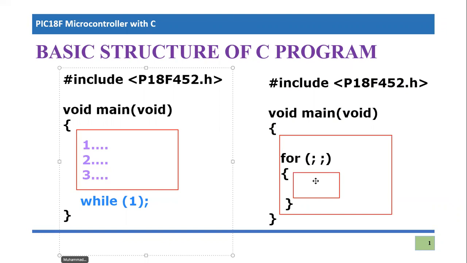for any other microcontroller of the PIC18 series, or PIC18F452 specifically. This basic structure will remain the same, and the body will change in every code. In coming programs, you will see some tasks to perform using this microcontroller, and we will program it using C code. But eventually you will notice that the main structure of the code will remain the same.